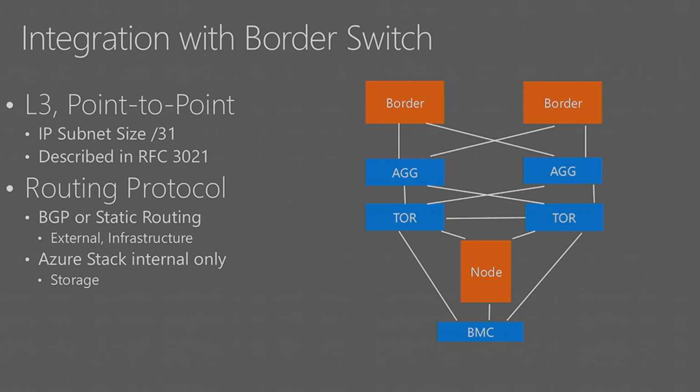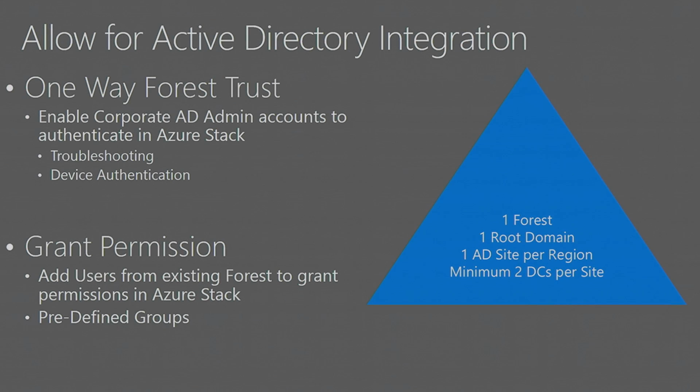And again, aside from routing, you also have to think about the physical connectivity. What kind of modules do I need? Long range, short range. Those are the things to consider. Now, wouldn't it be great if you can use your existing user identities and log on to Azure Stack for troubleshooting purposes, or enable them for device authentication? As I pointed out earlier, Azure Stack does come with RADIUS. We do have pre-created groups where you just move your existing users in to grant access. That's the purpose when we think about Active Directory integration.